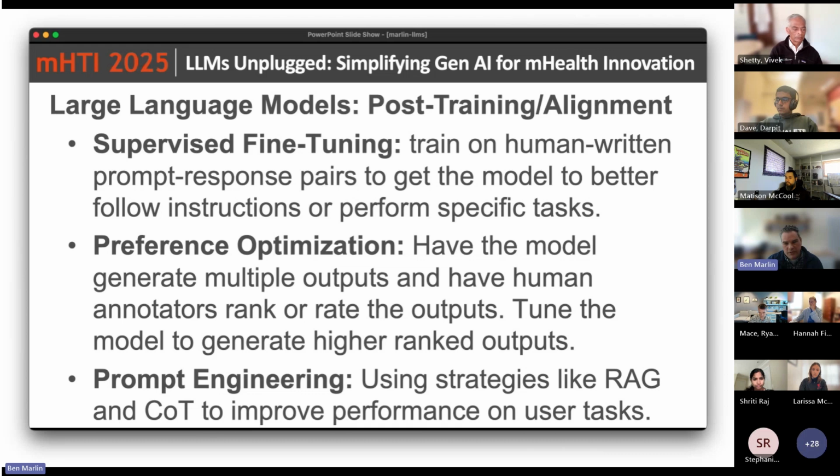So there are some strategies that are currently quite commonly used. RAG is retrieval augmented generation, the idea that maybe you have a collection of documents that's relevant to answer a particular question. Maybe you can go to the internet, do a query, get a bunch of web pages, or retrieve a set of other documents. You condition on the content of those documents as part of the prompt or the input when you generate an answer. That tends to improve performance on a number of different tasks.